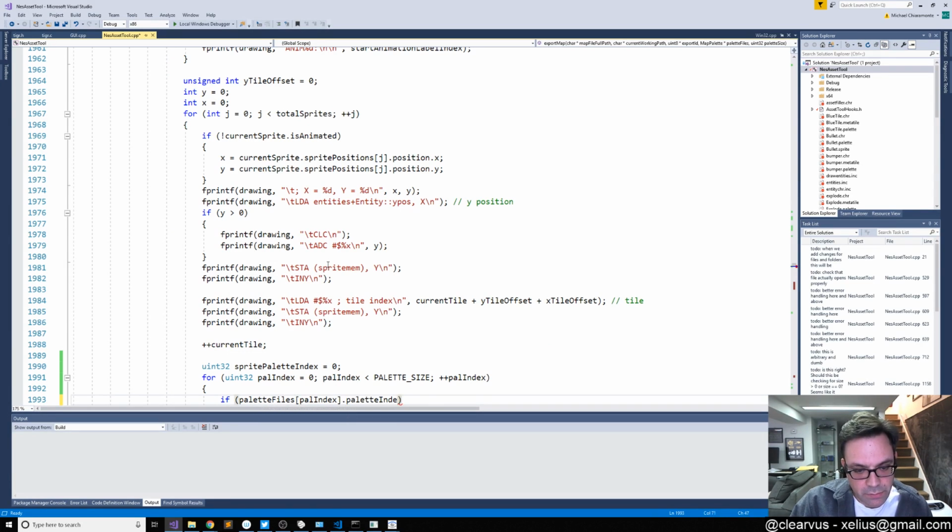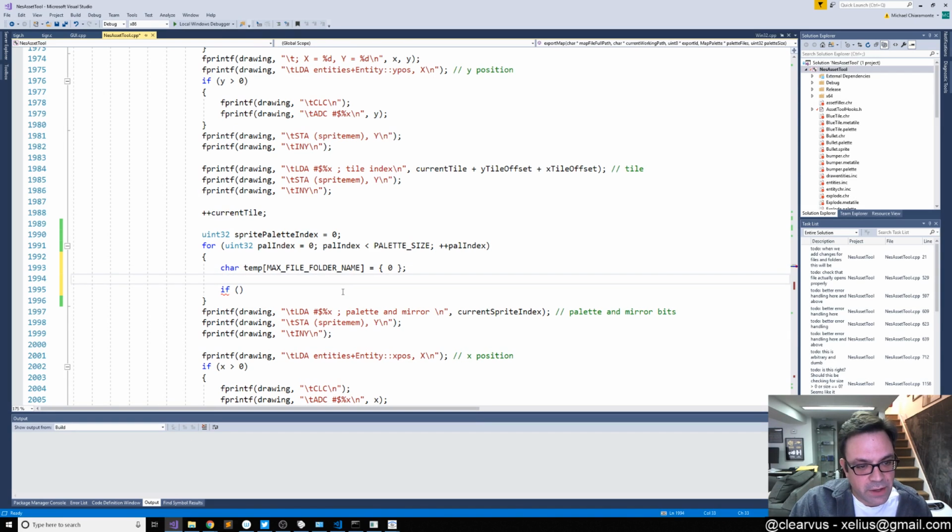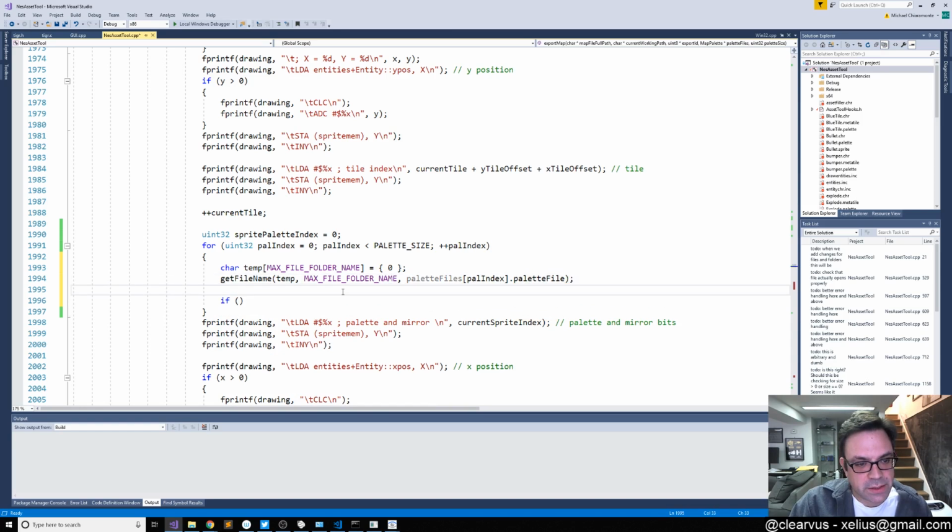Palette index, no. Palette file. Well, that's not going to work because we may have the fully qualified name here. So let's just get the file name. Get file name, temp, next file folder name, palette files. So that gives us that,